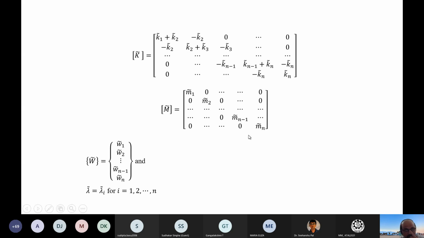Although you will not get it in general every time, it depends upon the shear structure we have taken with ambient vibration, etc. Symmetricity, etc. we have taken into consideration. So this is a diagonal matrix, M1 tilde, M2 tilde, Mn minus 1 tilde, Mn tilde, and W tilde is a vector. See here, all these elements are uncertain. In the stiffness matrix all stiffnesses are uncertain, and in M tilde all masses are uncertain, and W tilde automatically, because those are uncertain, the displacement W tilde will be uncertain.